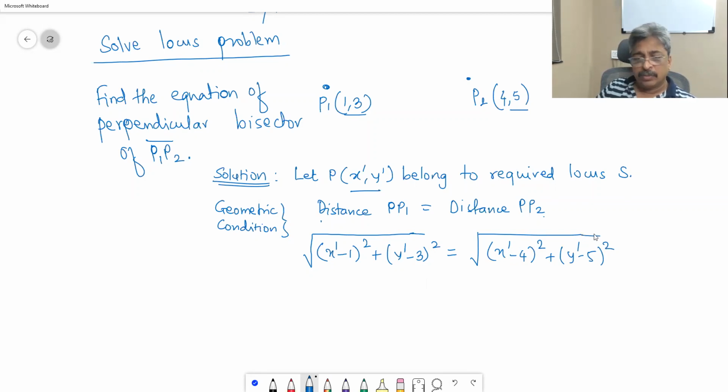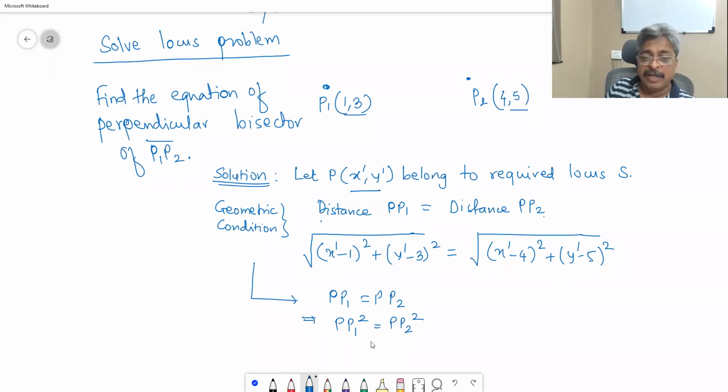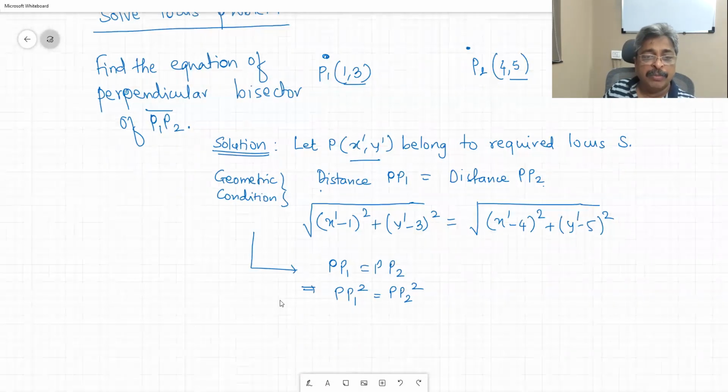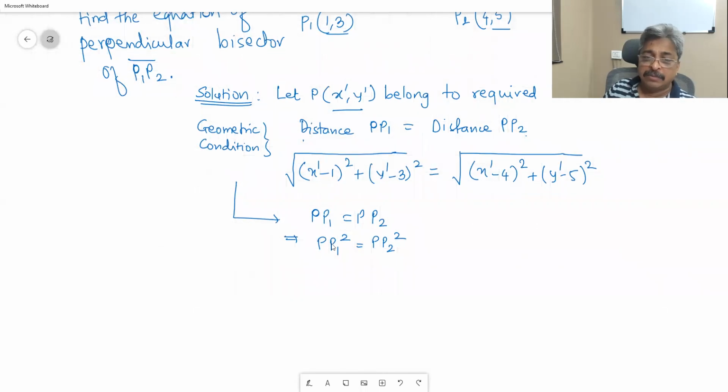Okay, now instead of writing it like this, maybe geometric condition you can write PP1 is equal to PP2. This implies PP1 square is equal to PP2 square. So getting into radicals, you can avoid by squaring both sides. When these two are equal, their squares are also going to be equal. So maybe we reach this,